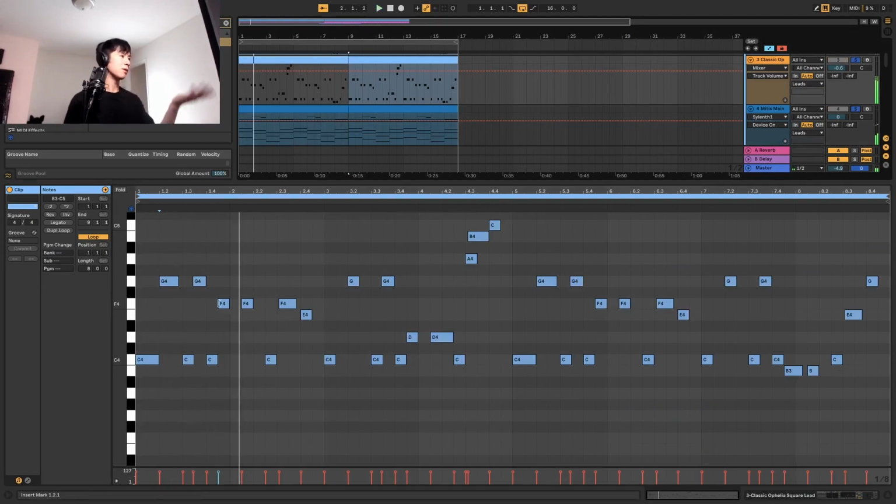And then, I think, I'm not too sure how to explain this theory-wise, but it's always nice to add some passing notes to lead up to your next melody. Even Nurko does this in his more sustained lead melodies, where he has one note sustained, and then he'll add some passing notes that step up to the next note,